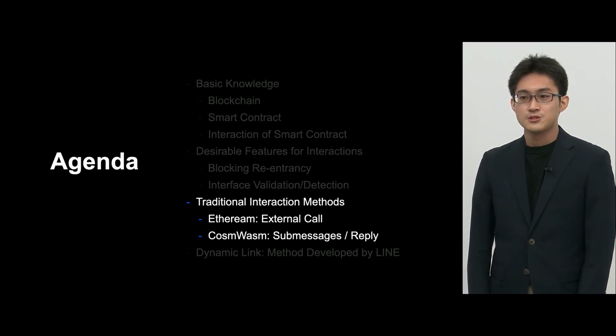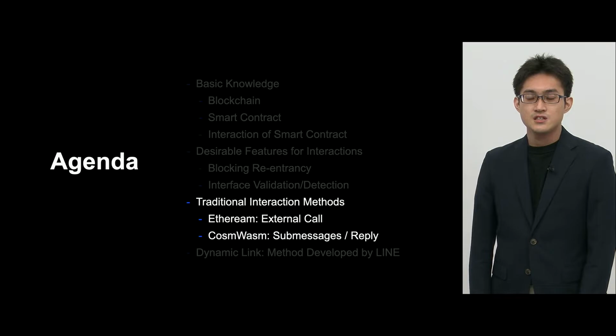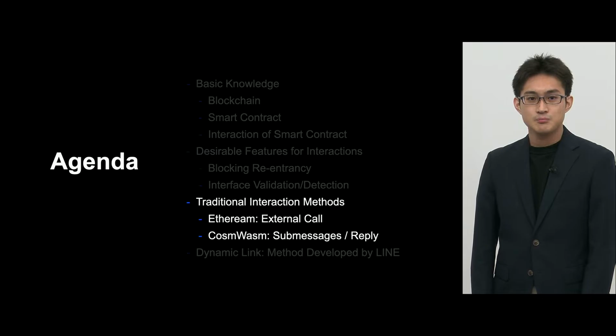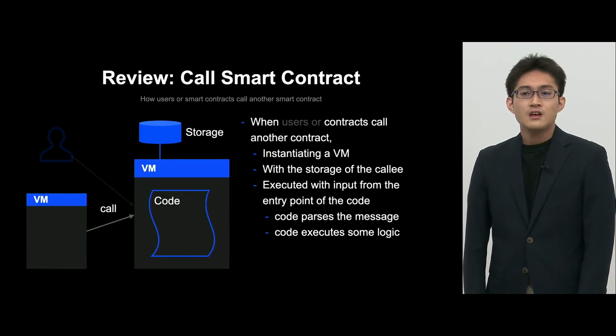What we are looking at is the Ethereum external call, which is most often utilized. Also, the CosmWasm sub-message and reply, which is forked from the Cosmos blockchain. So in this chapter, I'd like to talk about those 2 mechanisms and the 2 characteristics that I talked about earlier